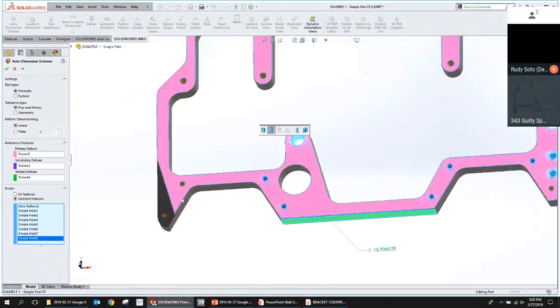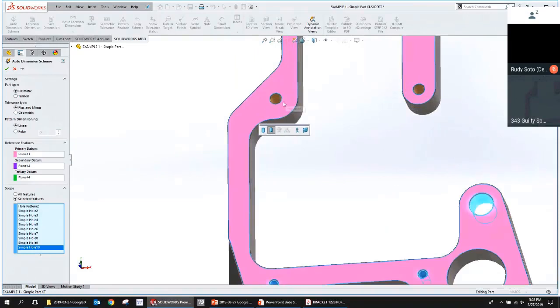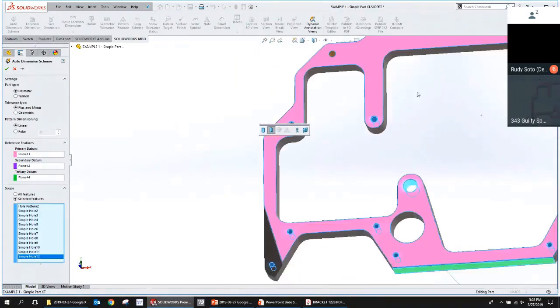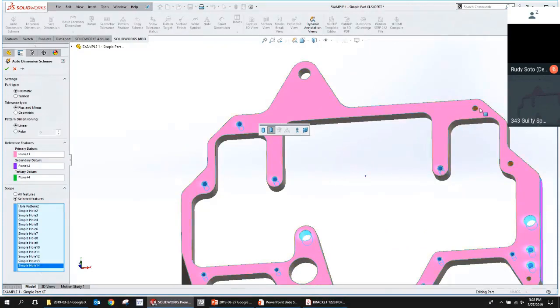If you wanted to override that and say, hey, this pattern, can you break it up? I think you can break it up in the tree after. We'll take a look at it. A lot of times when you make your selection, you also get this box here, which lets you do things like compound surfaces. Like if I had two holes that were in line, but there was a gap pocket in between them, I would use that option there, compound hole. So there's a lot of feedback that you get from this little shortcut bar that pops up.